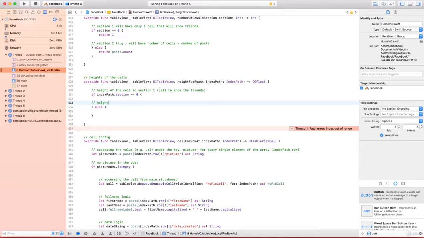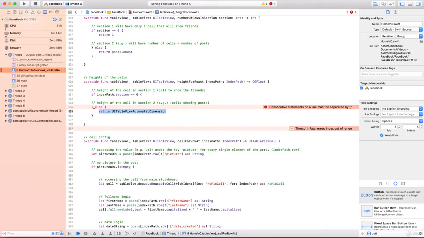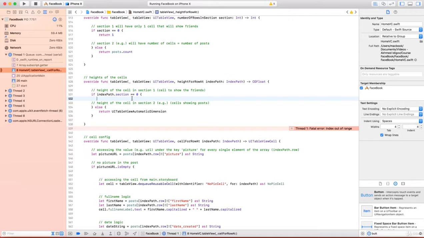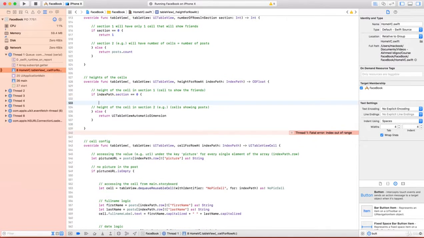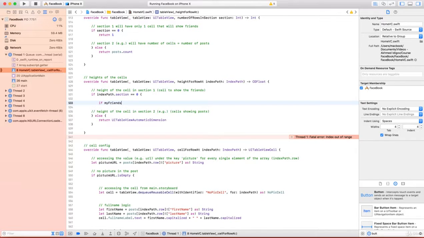Here I'll write a comment for you, height of the cell in section 2. This is just an example. It can be because else means 2, 3, 4, any sections, which are cells showing posts. Okay, for cells showing posts, it will be returned UI table view automatic dimension, because we want the cell to be dynamic based on the image, based on the text, etc. So let's say when for the my friends cell, here we'll write if my friends dot